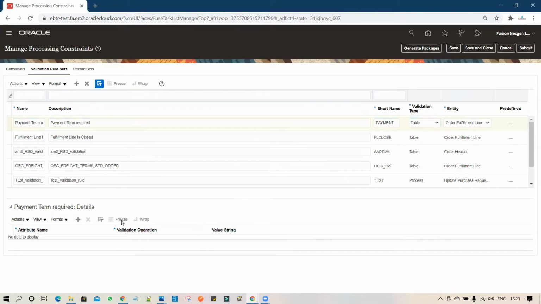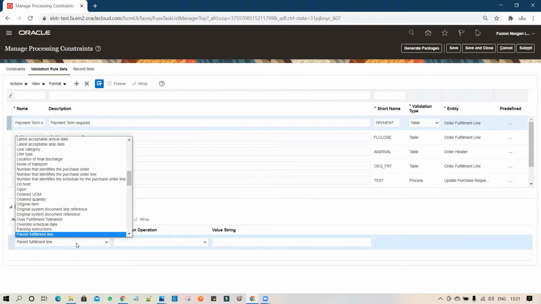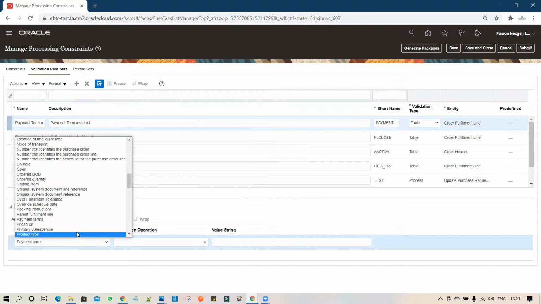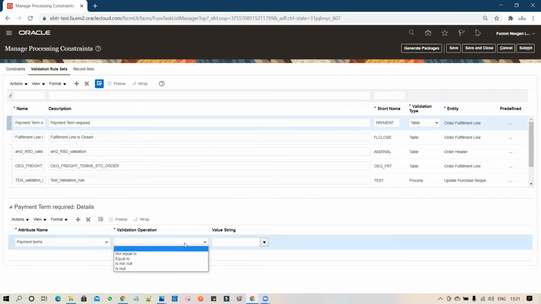Now, if you come down, you can see the Payment Term Required detail. Over here, you have to set your attribute. There are a couple of attributes available. Based on your processing constraint, you select your attribute name, and put the validation operation and the value string.